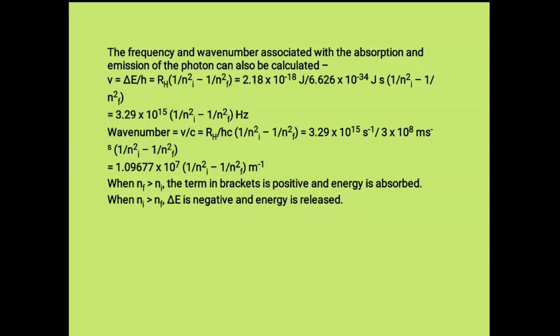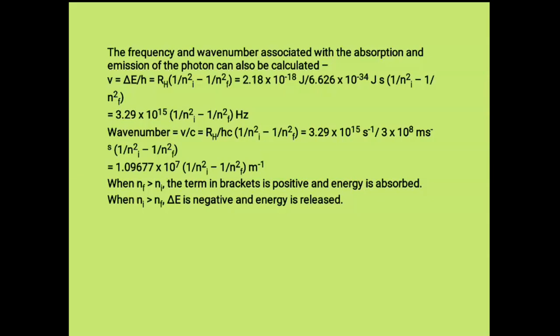When we substitute the value for delta E, it is 2.18 into 10 to the power minus 18 joules, and h is Planck's constant, 6.626 into 10 raised to power minus 34 joule second. So on solving, we get the equation nu is equal to 3.29 into 10 raised to the power 15 (1 upon Ni square minus 1 upon Nf square), and the unit will be hertz, since it's a unit of frequency per